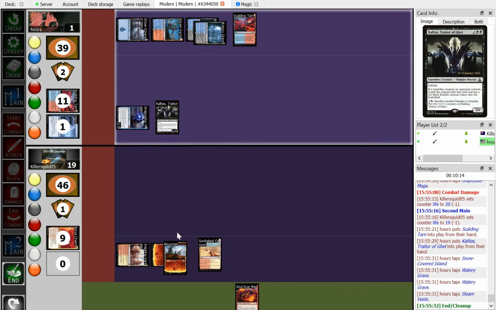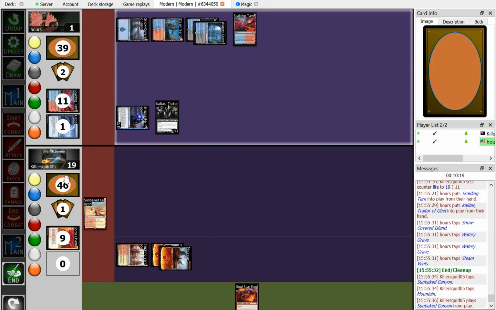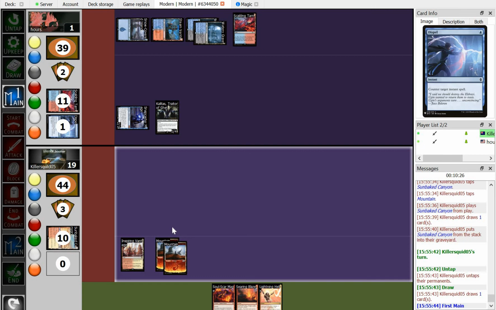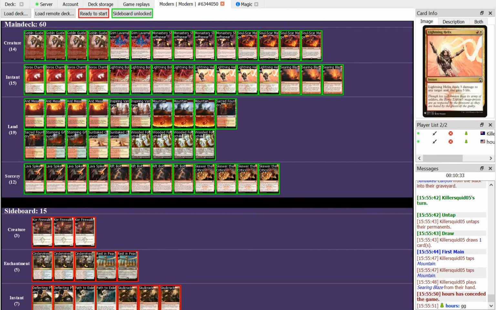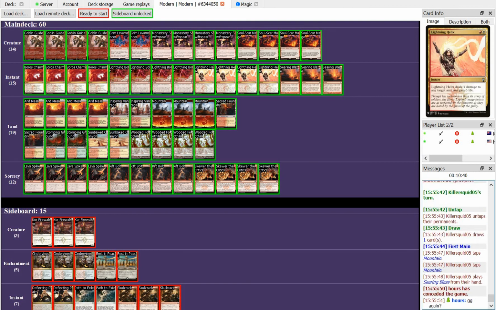Ooh, Kalitas. I hope we find something this turn. Draw a card. Searing Blaze, so that fetch to 1 may have actually been quite a big decision. And our opponent says GG. So we will say, no, our keyboard doesn't seem to want to work. So unfortunately for opponent,